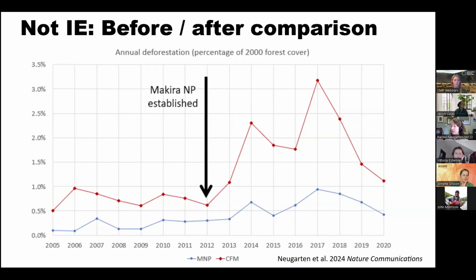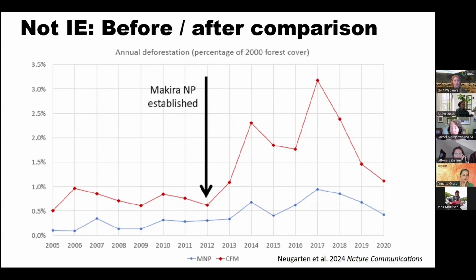The national parks are in blue. I got the colors confused, I apologize. So national parks are in blue, deforestation in national parks over time, and this is annual, so one year is independent of the next. The community forest points are in red. And let's say you're looking at the establishment of a national park, Makira National Park, and you just compare the differences in deforestation. It looks like that park really was effective, right? The blue points kind of tick along at a similar rate. There's some deforestation, but in the community forest it seems like things got really bad after the establishment of that park. So it looks like your conservation, if you were just looking at the time series, is very effective.